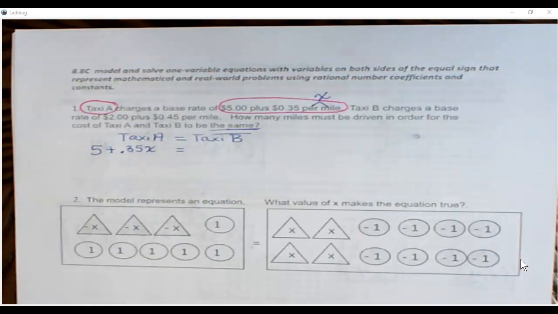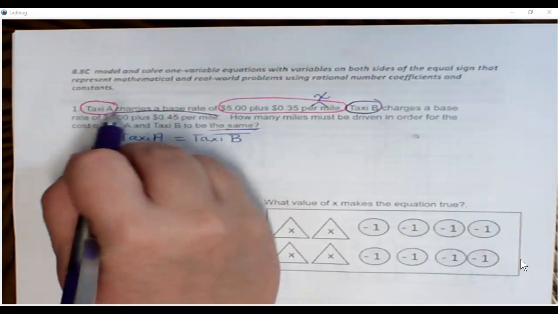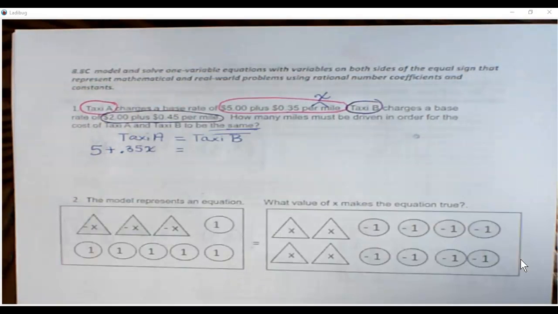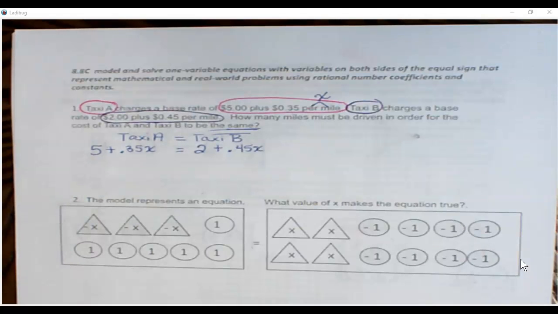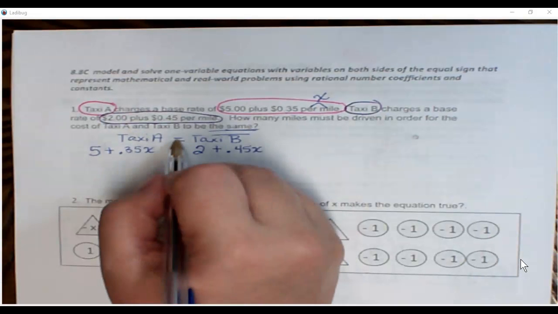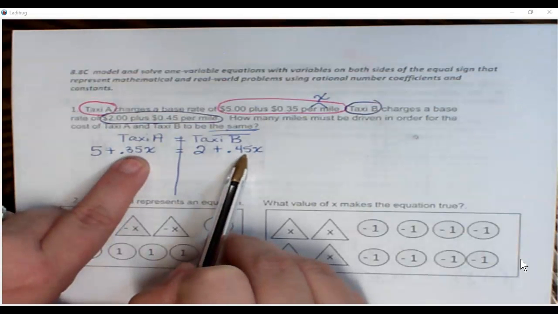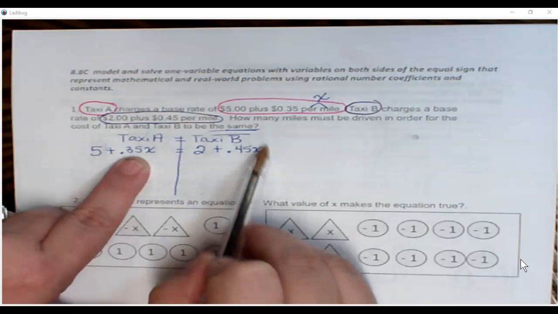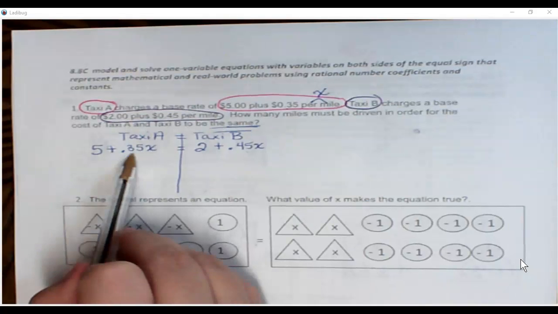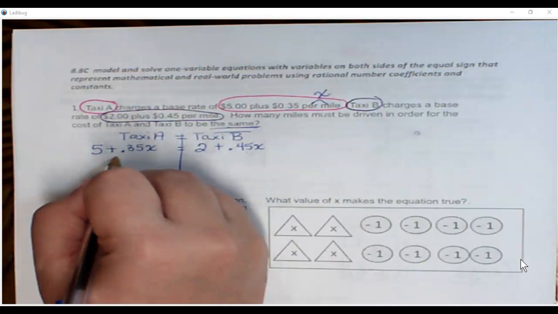Taxi B has $2 plus 45 cents per mile. So that's going to be 2 plus 0.45x. So now we just need to solve the equation. Remember, we want to get variables to one side, numbers or constants to the other. Well, when I look at my two variables, I first look at which variable has more. I see that 0.45 is larger, so I'm going to keep my variables on this right-hand side, which means I need to move 0.35x. Because this is a positive, the opposite of positive is negative, or subtracting